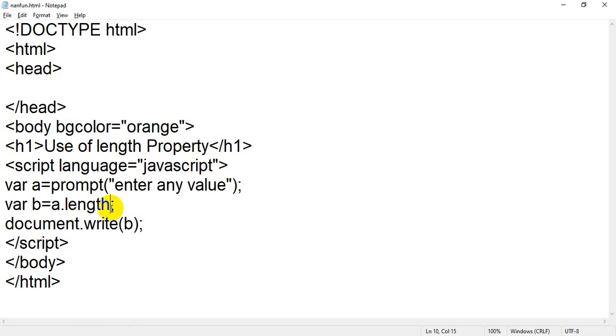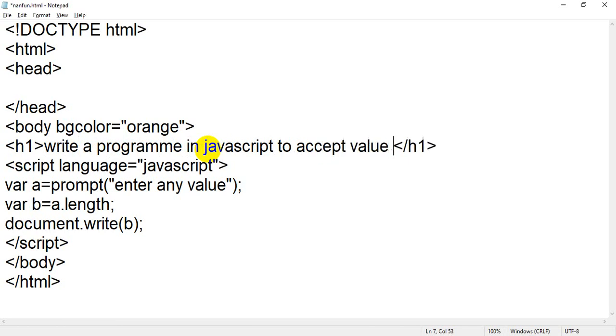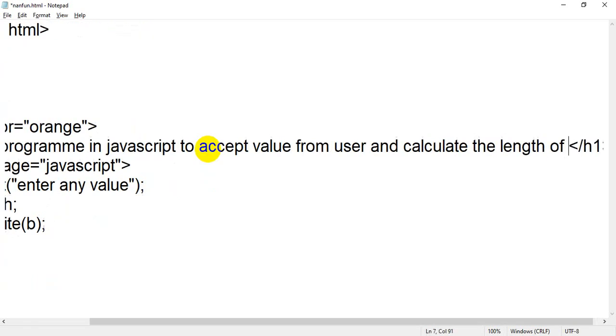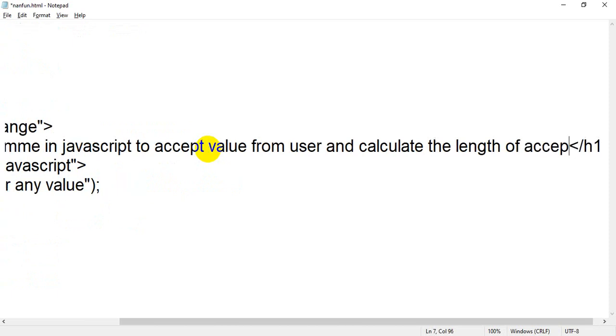So we have done the same program. Students, please write down this question, note down this question. You will get a question like this: write a program in JavaScript to accept value from user and calculate the length of accepted value.